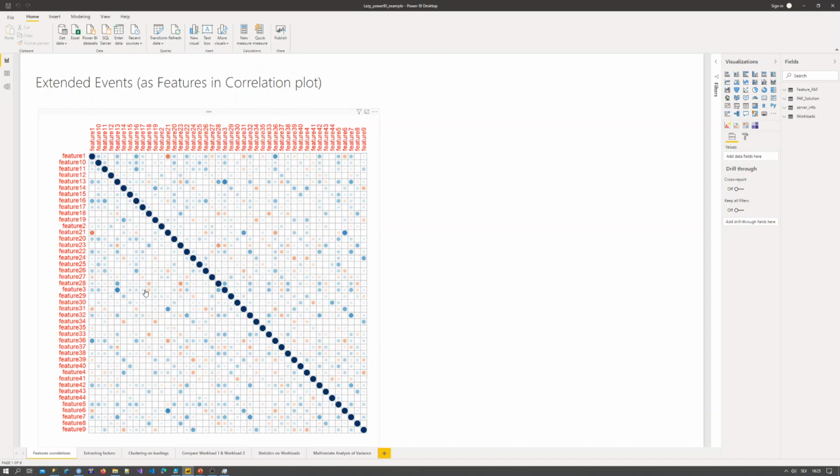But going further, let's say that 44 in this case, extended events is way too much. What I want to do is find a particular extended event or a subset of those extended events and go even a step further, trying to figure out what was going on and where the problems were.